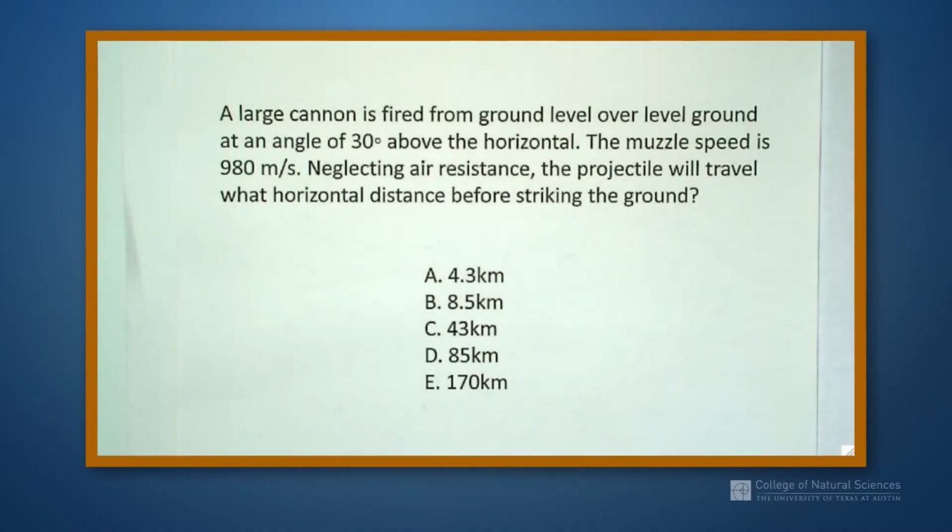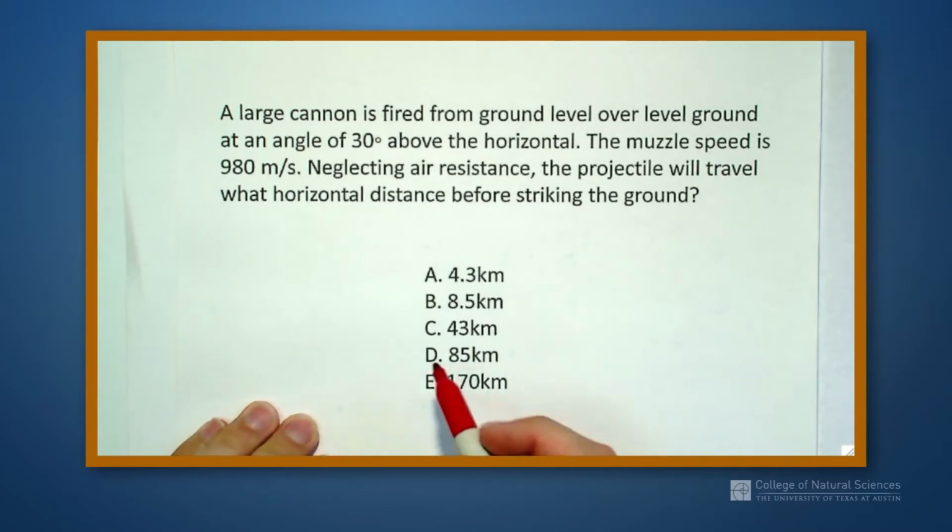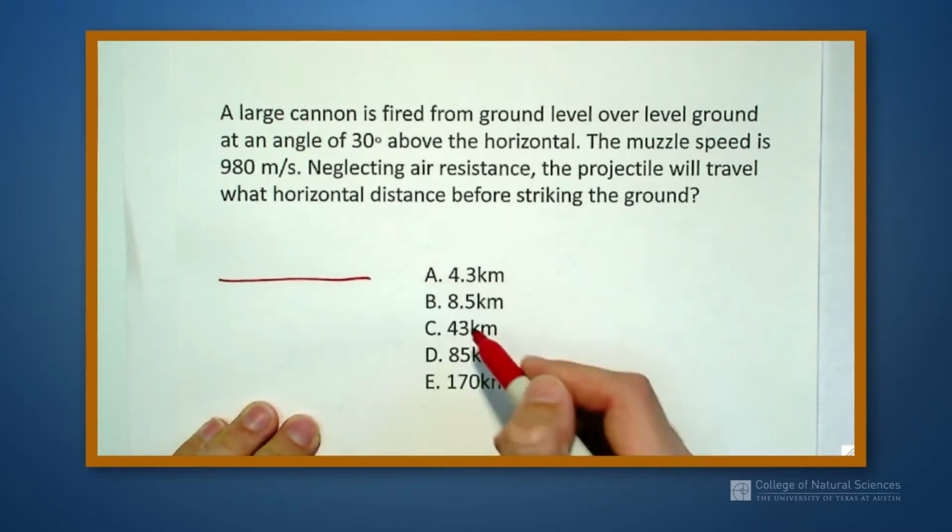This question is a little bit involved, but something that we can definitely do. It says a large cannon is fired from ground level over level ground at an angle of 30 degrees above the horizontal. Muzzle speed is 980 meters per second. We neglect air resistance. We want to know how far the projectile will travel in a horizontal distance before striking the ground. This is a little bit of a confusing problem, but it just says that we have a